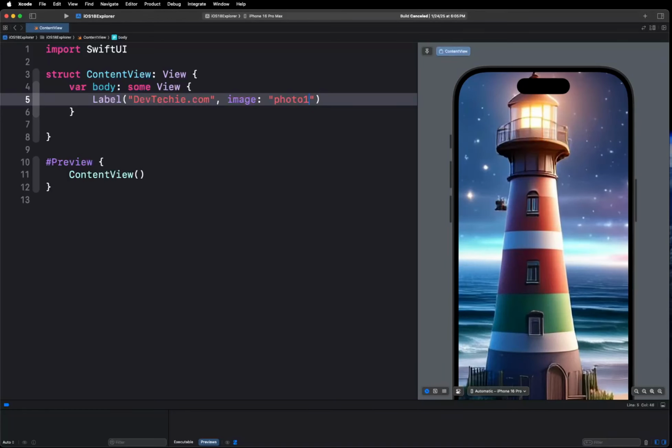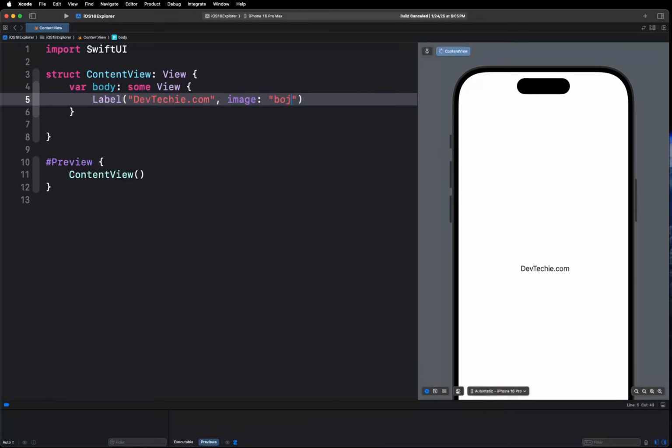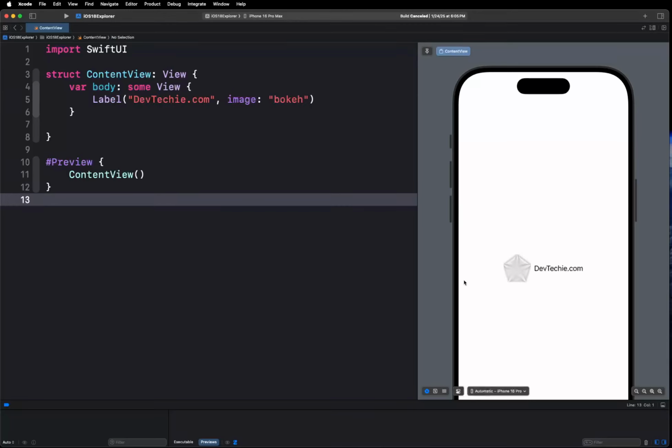I have these photos, but you can notice that these are really big photos, and we don't have a way to control or define any kind of modifier, because all it is expecting us to pass is basically a string which can be used to render the image itself. Now I have another image which is rather small,